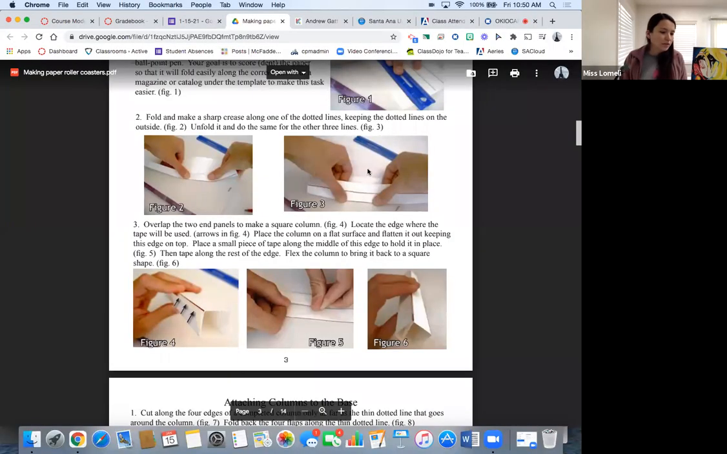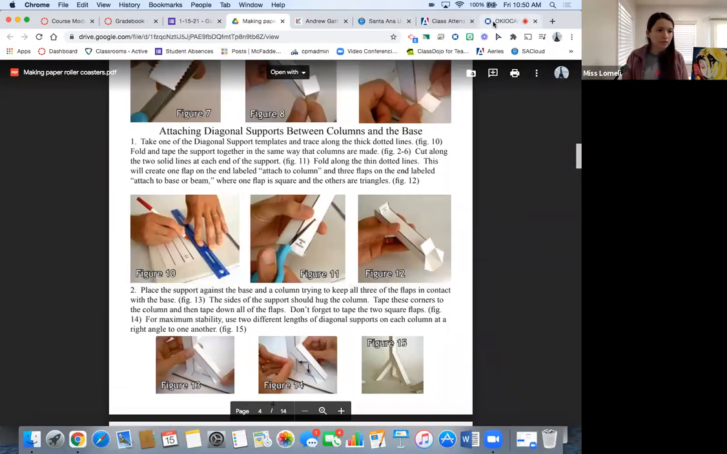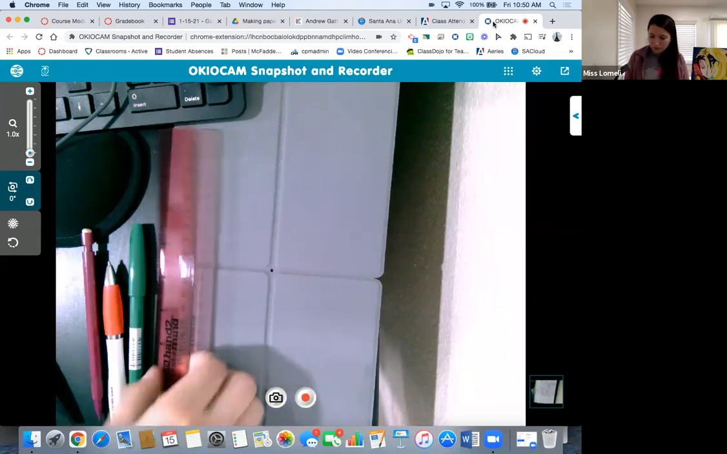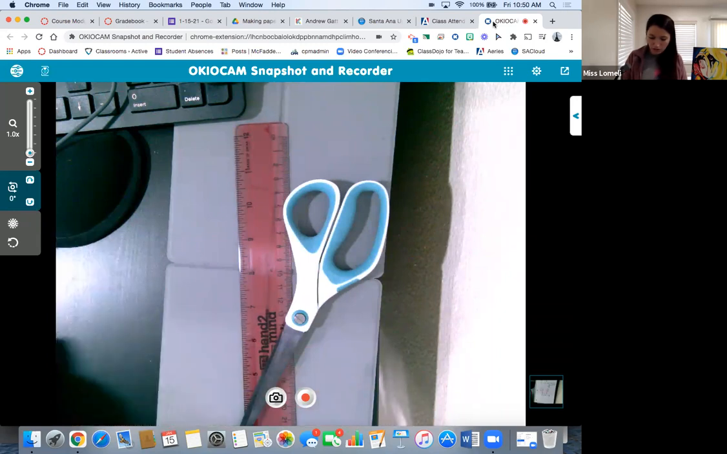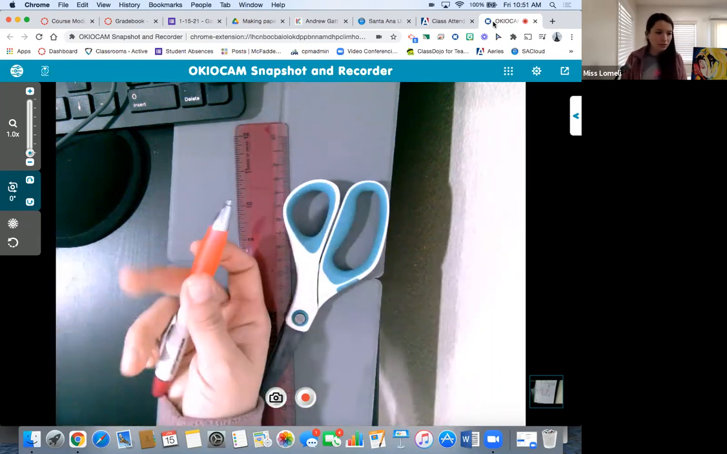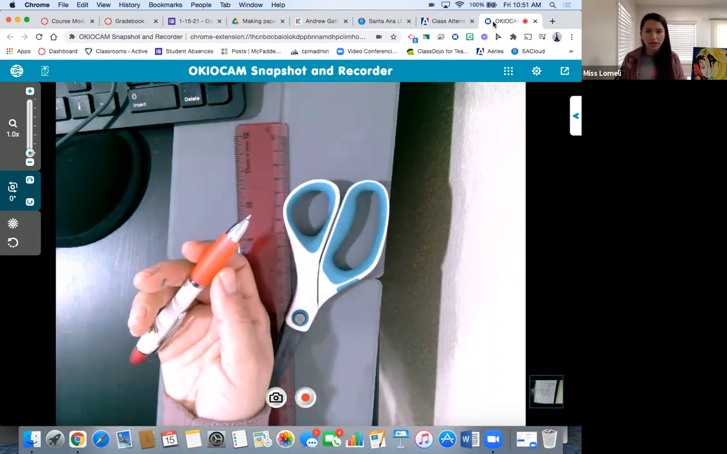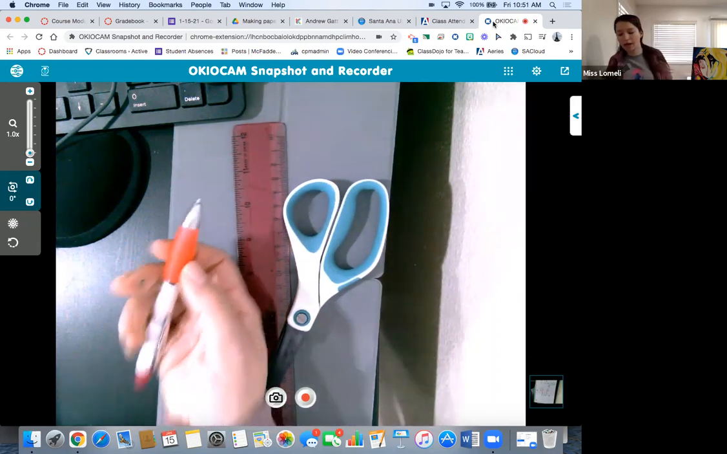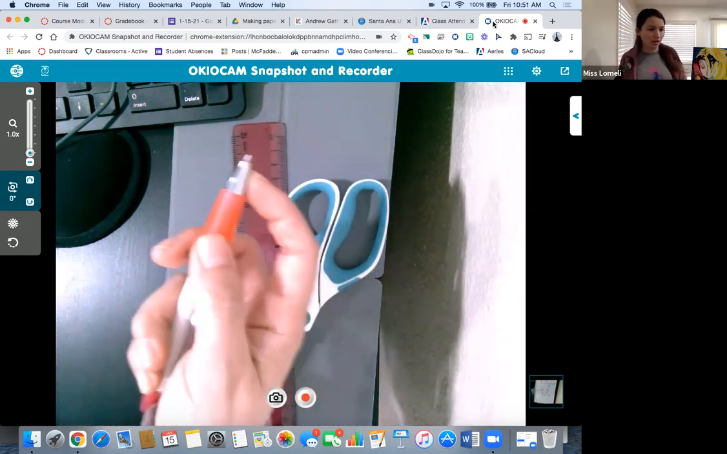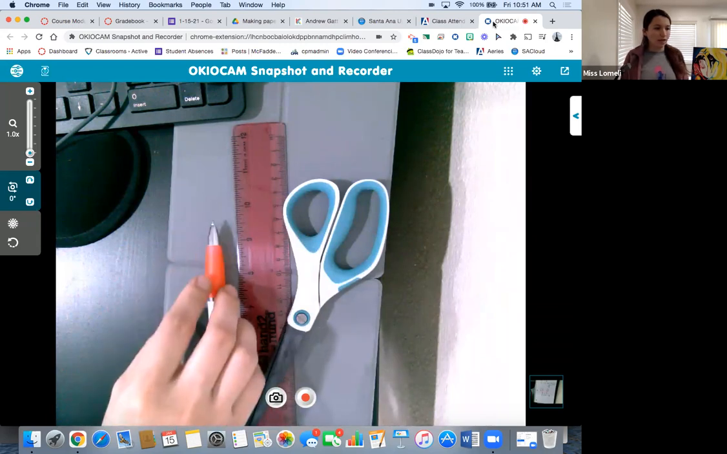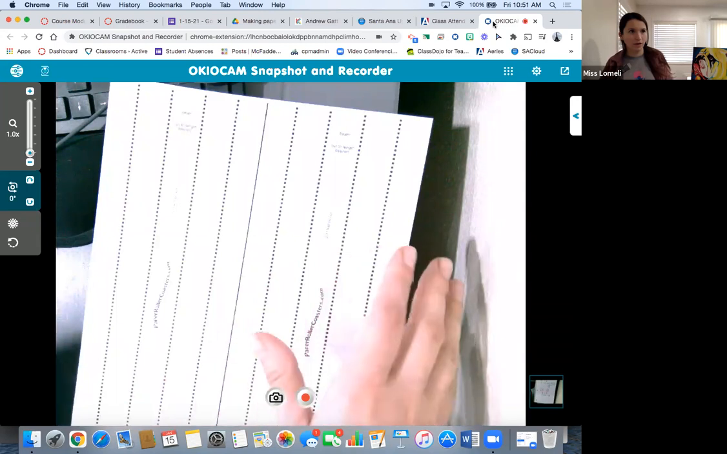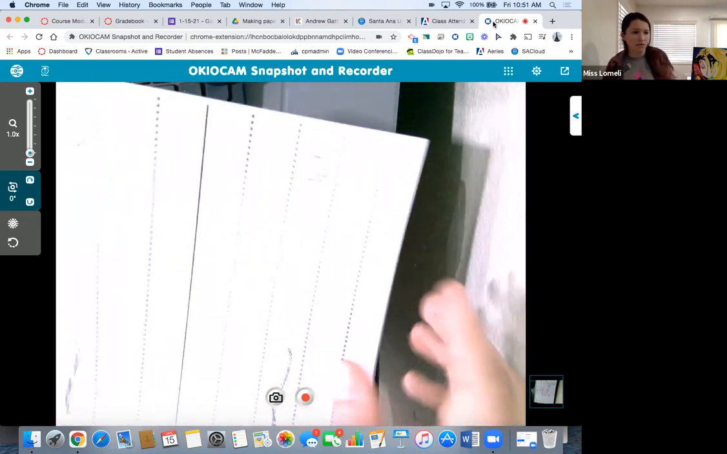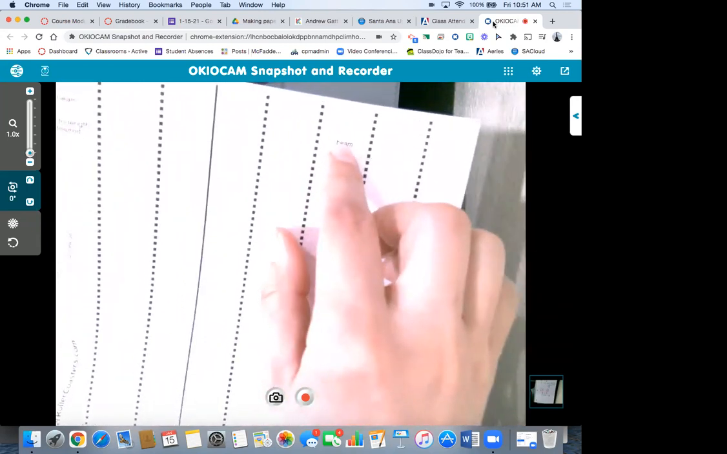Okay. So the next activity we're going to do requires us to have a ruler, a pair of scissors, a regular pen, just a regular ballpoint pen, not the gel type, not the fancy liquidy type. Okay. And we're going to start off with the white paper that says